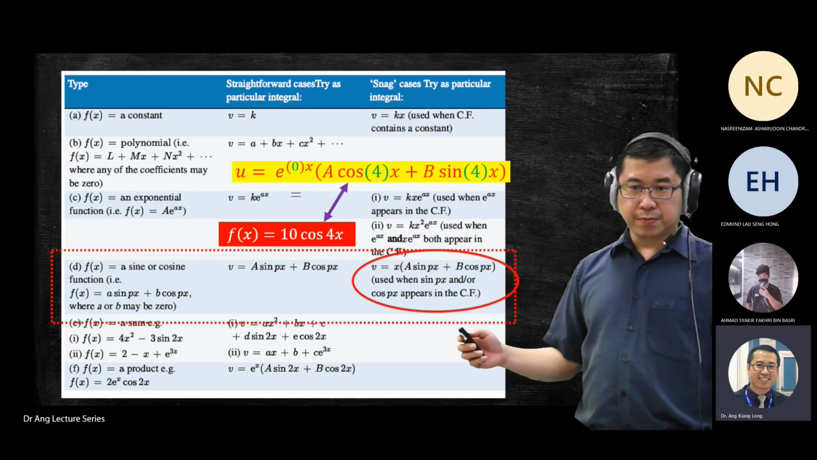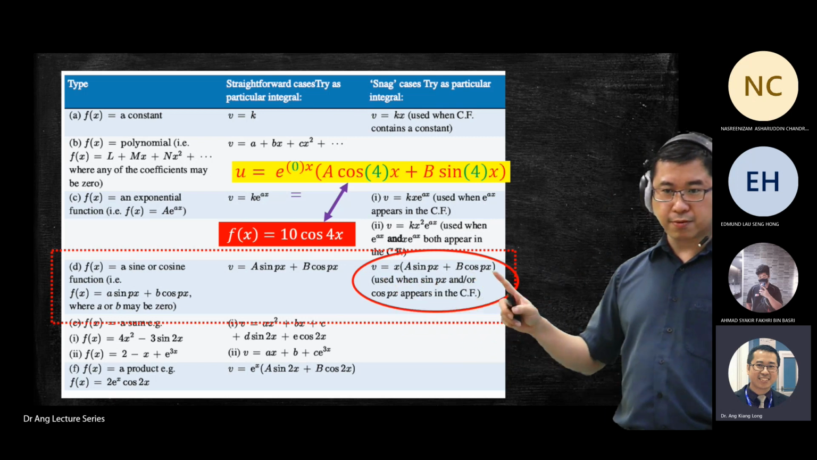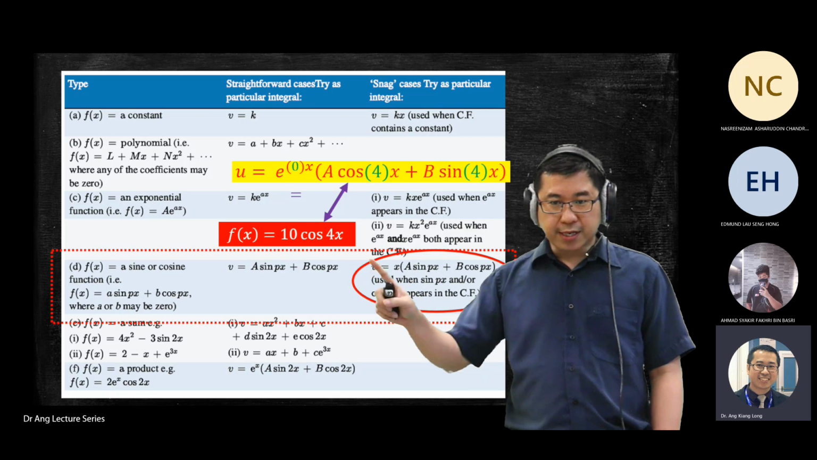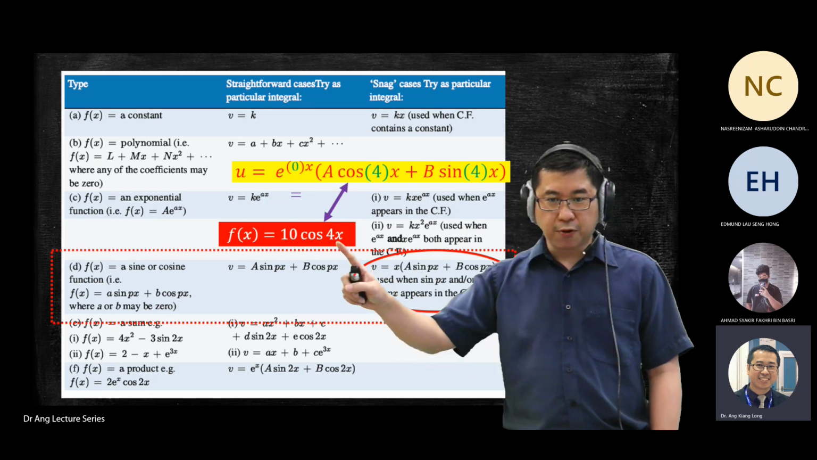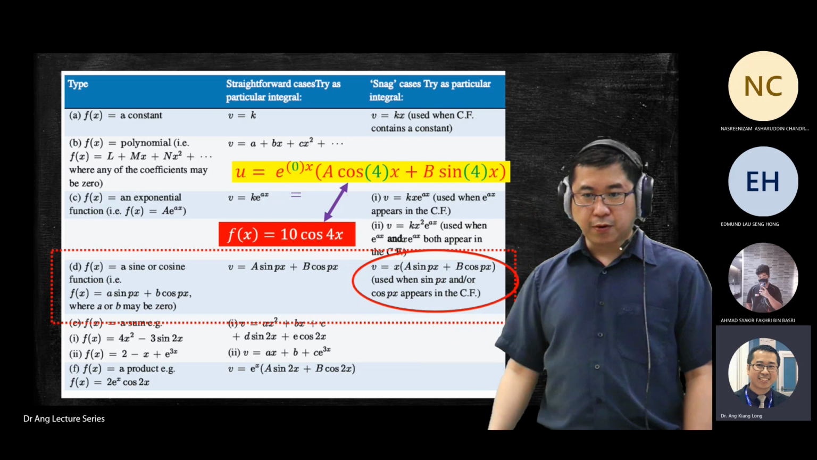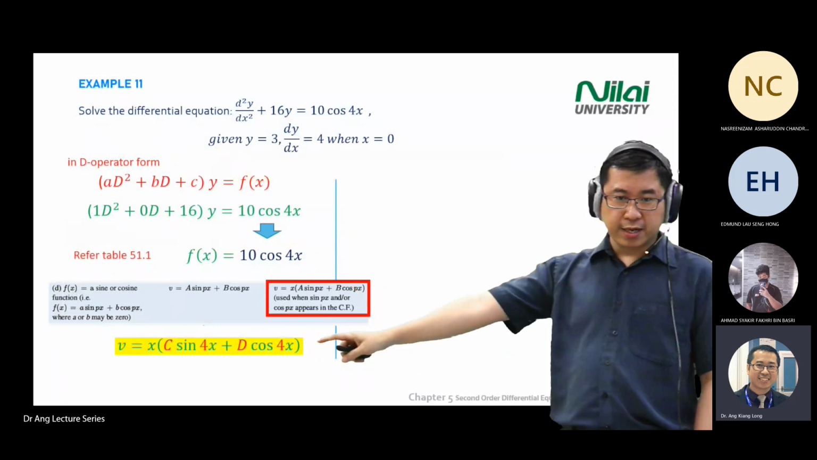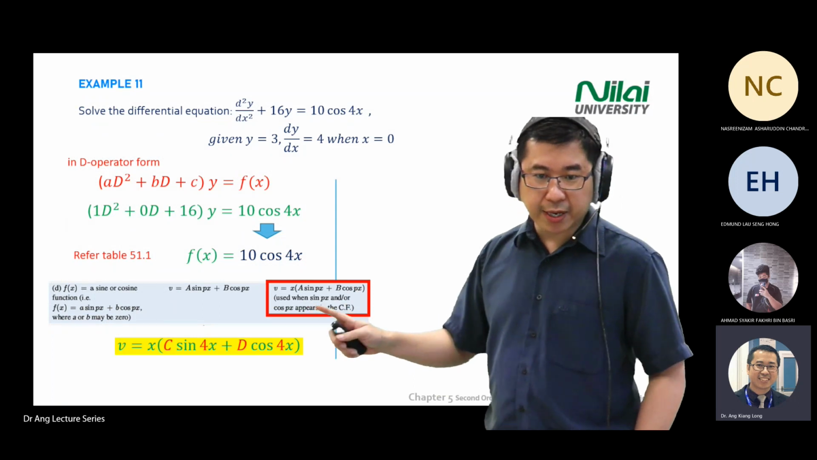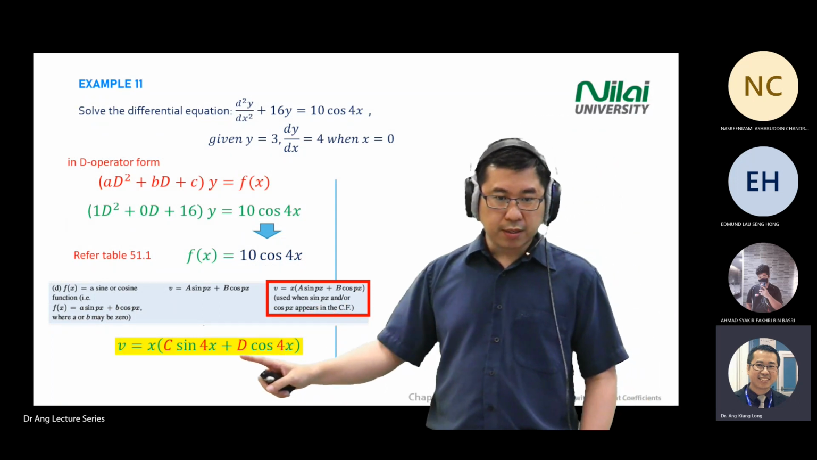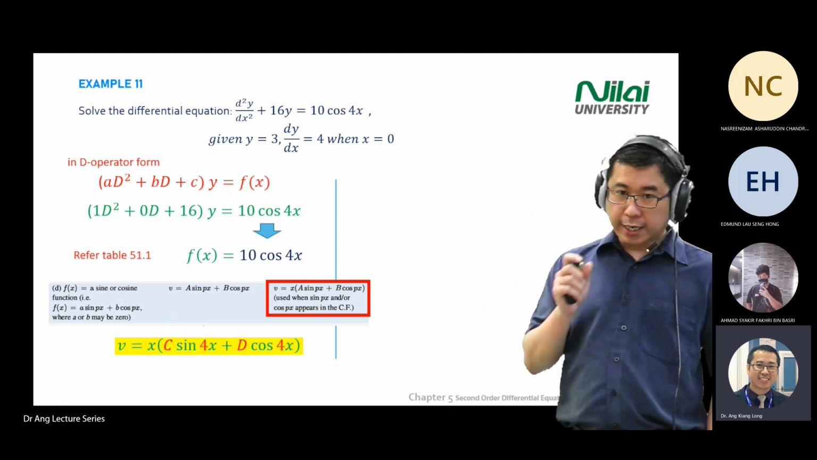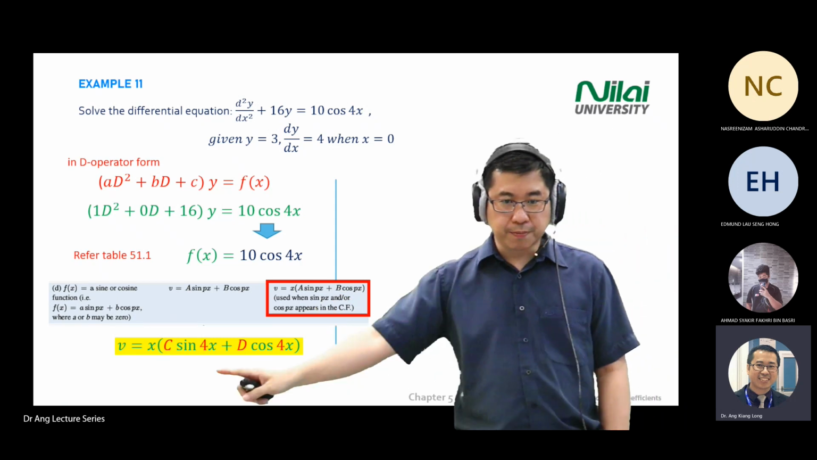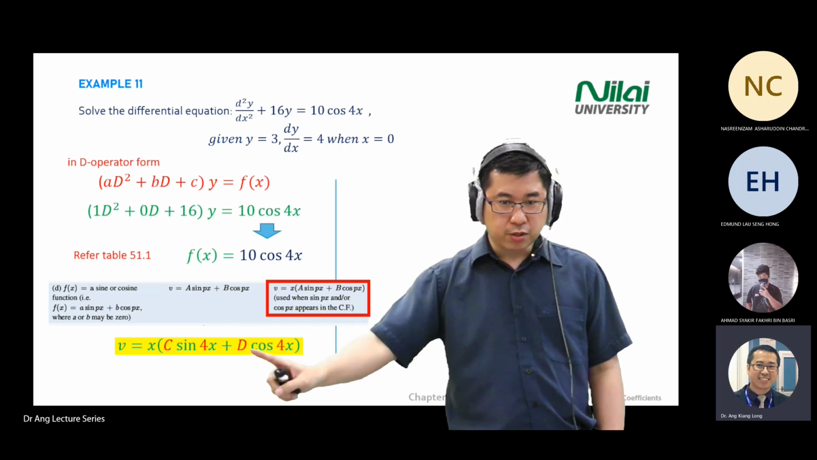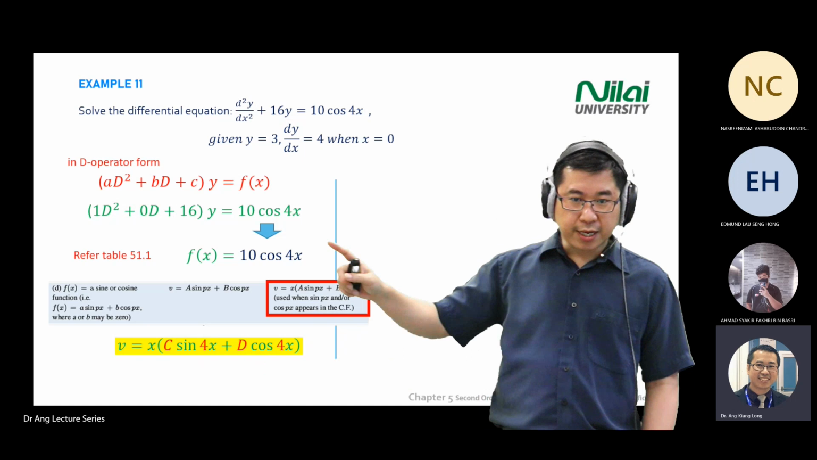This example, you use v equal to something like this one. Copy, and then ask yourself when you put side by side, you know that your p is 4. So you write v equal to x. In this case, I change my a and b into c and d. In this question, I put my a and b from the table, I change to c and d because